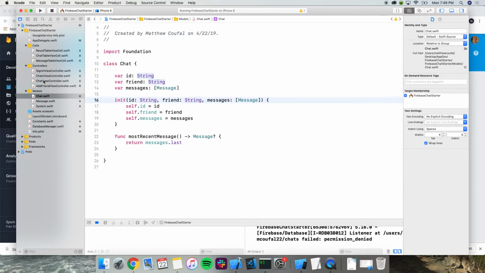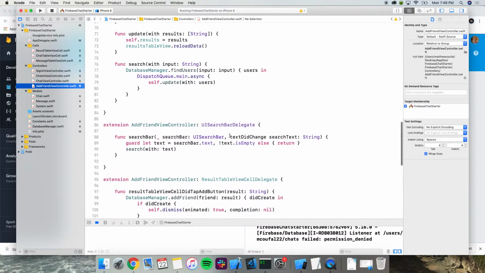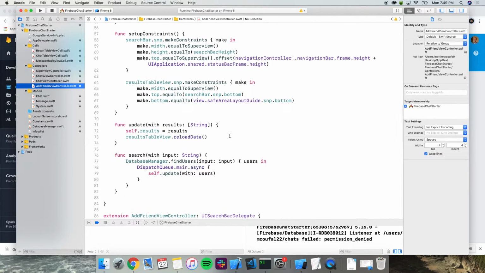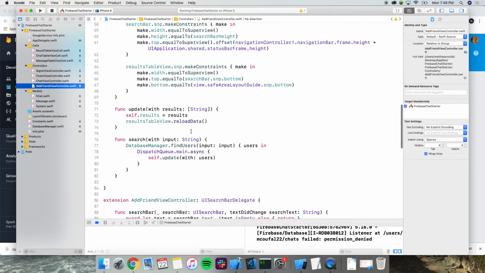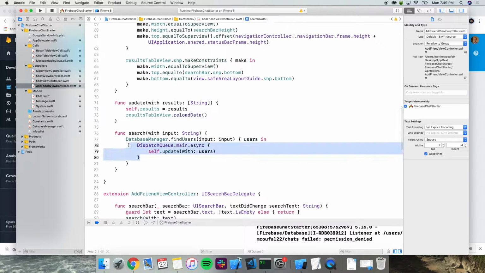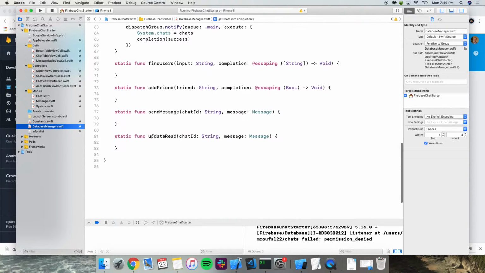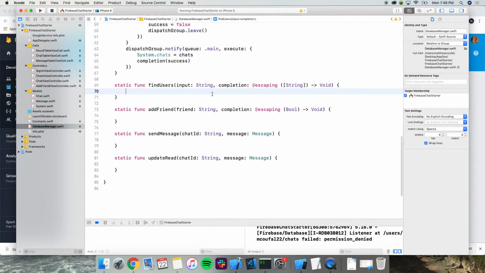So now what we want to do is implement this. First we want to actually search for a user, right? In an add friend view controller, we have that. It looks like it's implemented, but it's actually not. So what we want to do is find users. So the way we can actually do that,